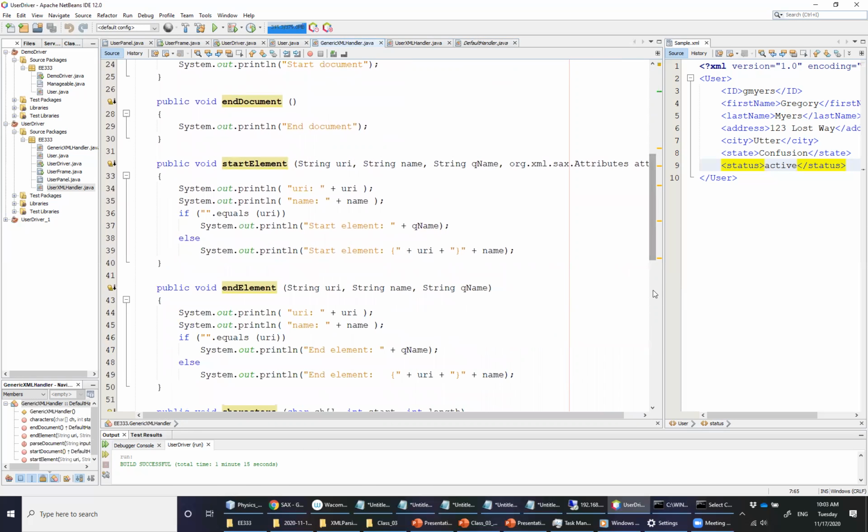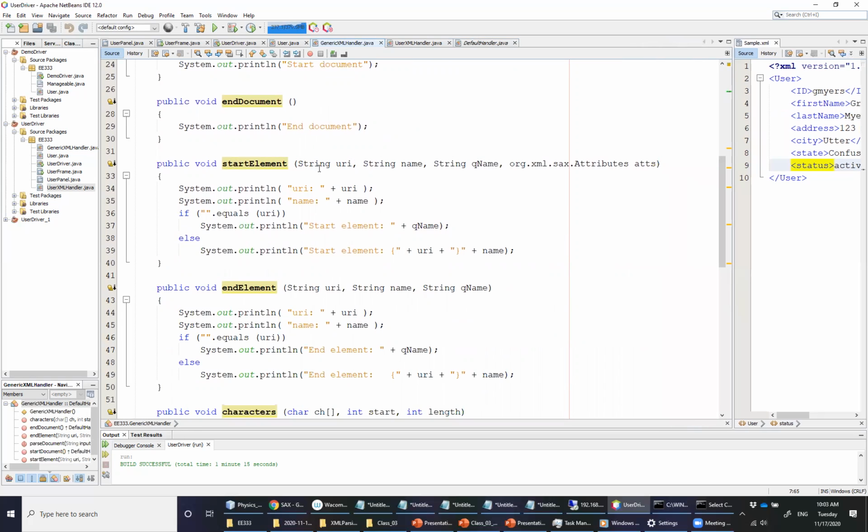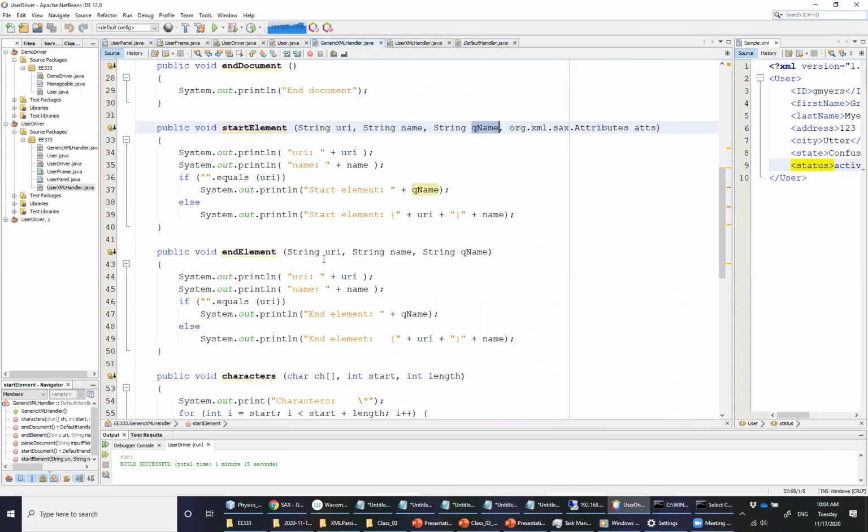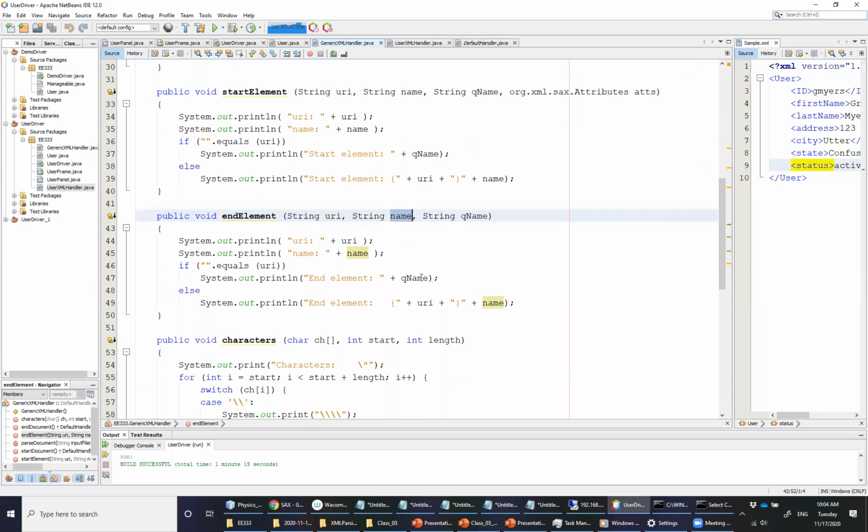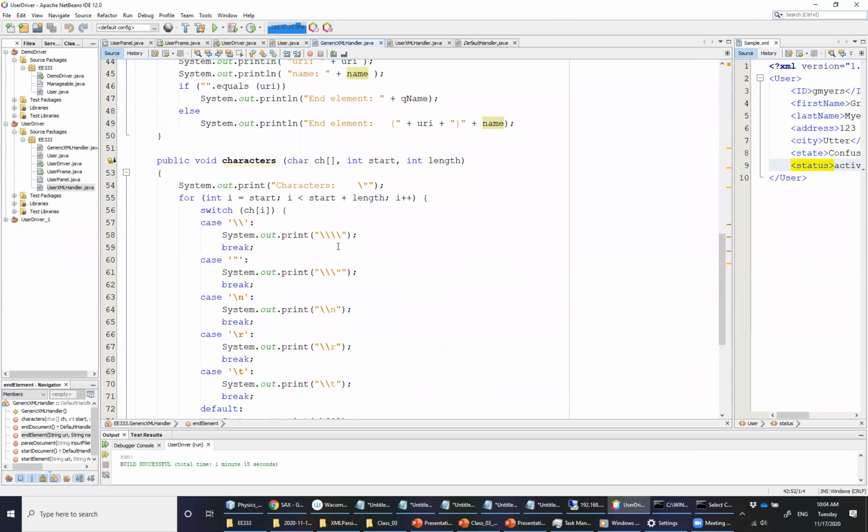Now, our start element's a little different. It accepts a number of input arguments, which we will actually leverage, particularly the URI, the name of the tag, the fully qualified name, and then any attributes associated with that tag, as well as the end element. It uses the URI, the name of the tag, and then the fully qualified name of the tag. The characters function essentially just collects all of the characters in a given subset of the string that it is parsing. So from the start point and some length